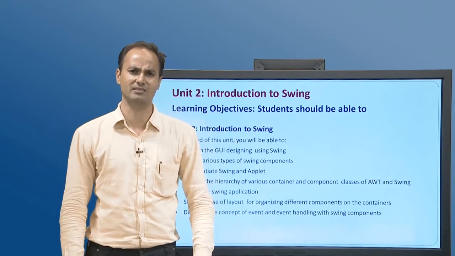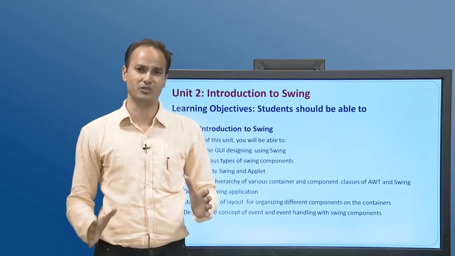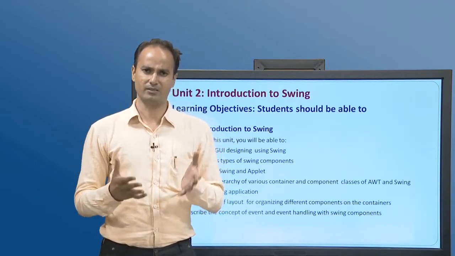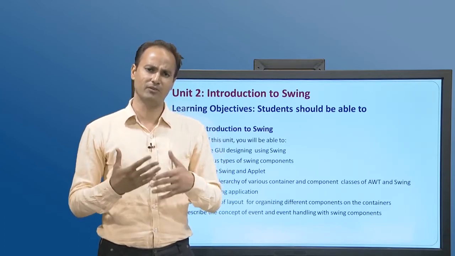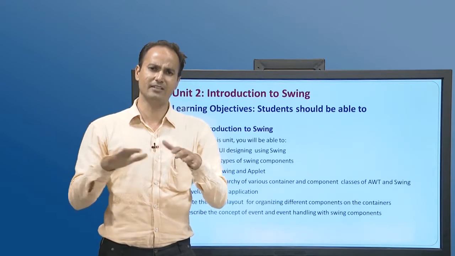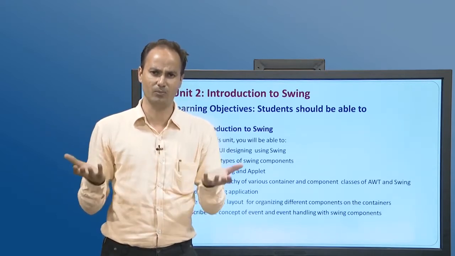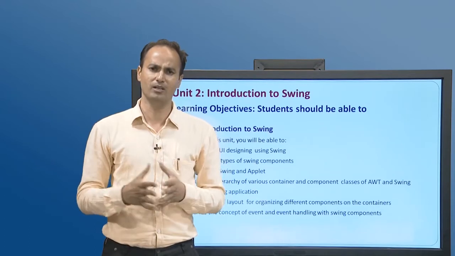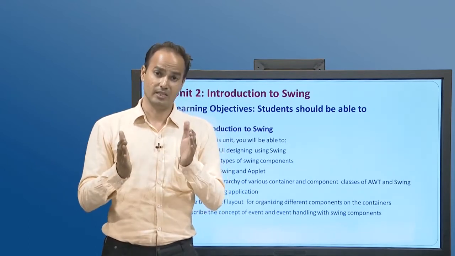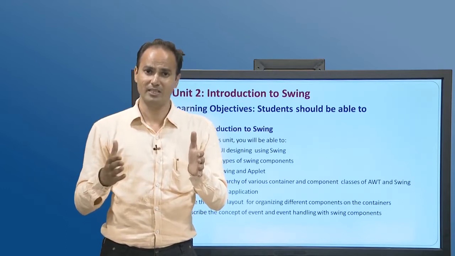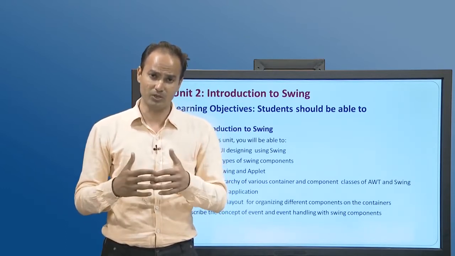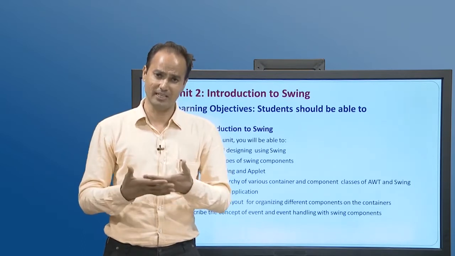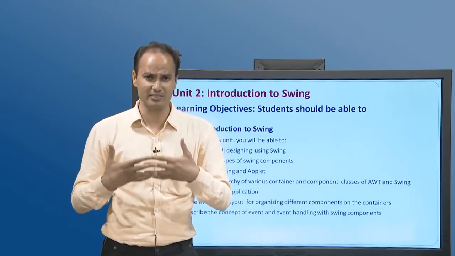In the previous sessions we discussed AWT, the Abstract Window Toolkit. Using AWT components we were developing GUI-based applications, but the drawback with AWT components is that they were placed on the native resources, the underlying operating system environment. So they were consuming more memory and ultimately degrading the performance of the overall execution environment. The AWT components were developed using the native environment, while Swing components are developed purely in Java. So they are independent from the underlying environment and consume fewer resources compared to the